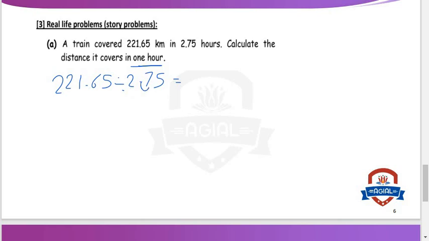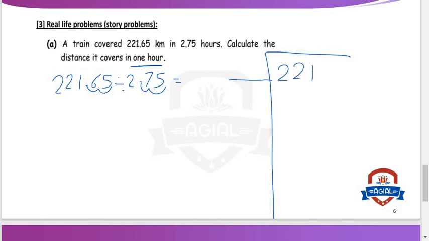So we will multiply by 100. So we multiply the dividend and divisor by 100 and use long division. 22,165 divided by 275. Is the divisor a whole number? Yes, you can start now. Can 2 be divided by 275? No, put 0. Can 22 be divided by 275? No, put 0. Can 221 be divided by 275? No, because it is less than 275. So we will take